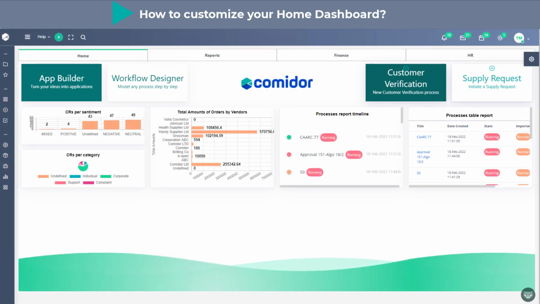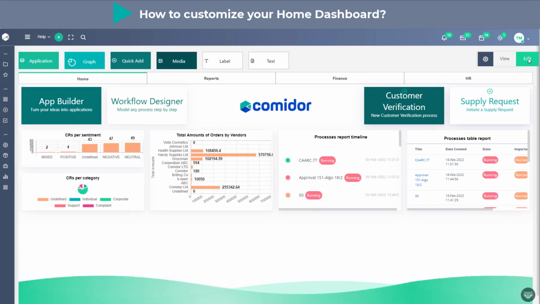The default screen in Comidor is the Home dashboard. The Home dashboard offers exactly what you need to see in one single panel. You can have all your applications, reports, quick add shortcuts for initiating applications, logos, and many more. It's fully customizable. You can easily switch from view to edit mode and insert any kind of tile that you like. Let's create a new tab